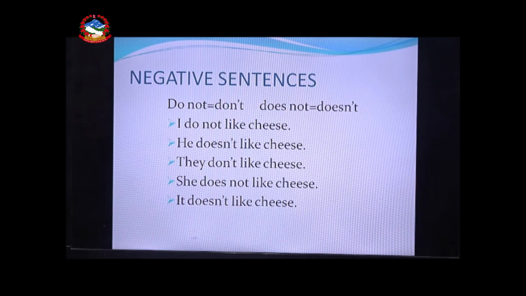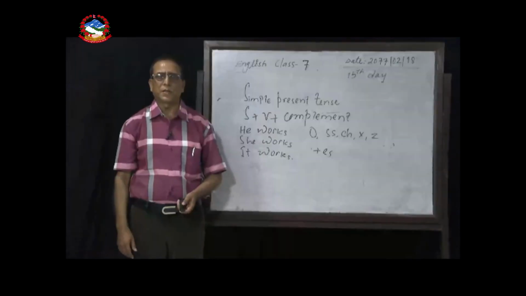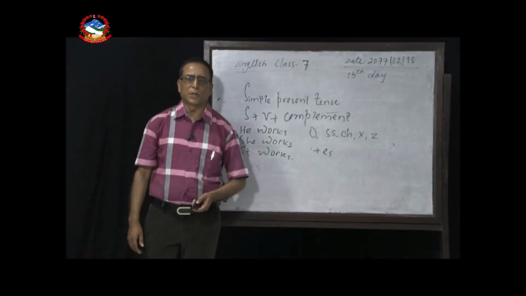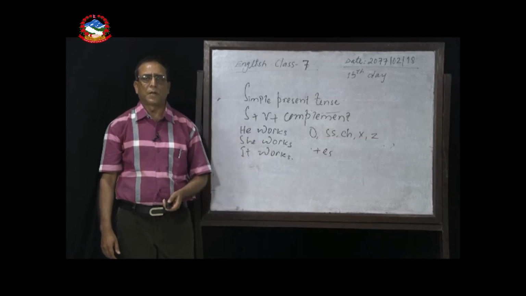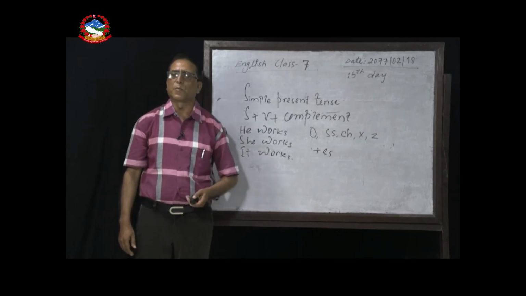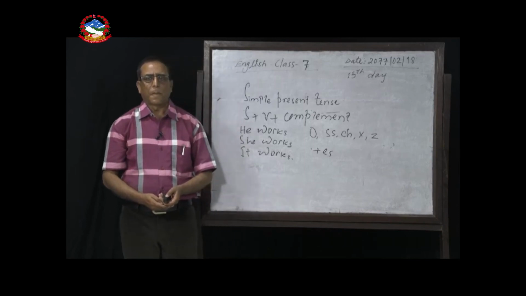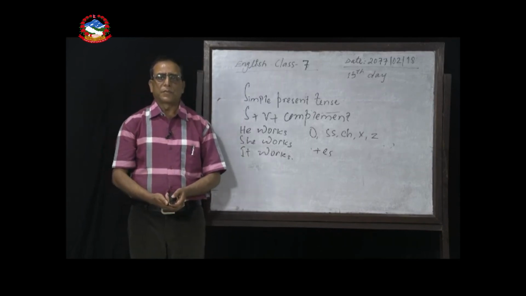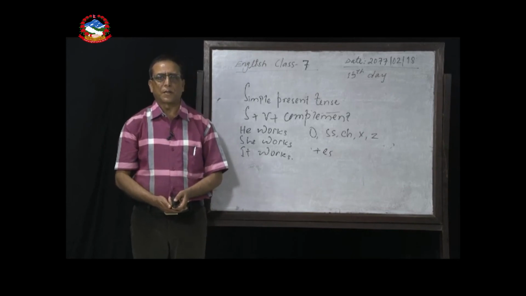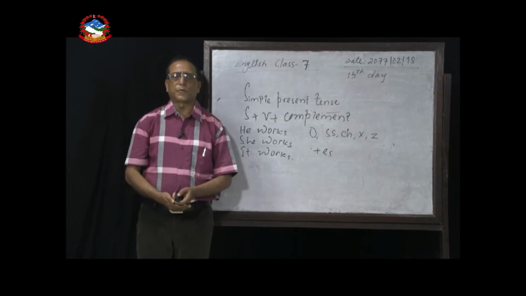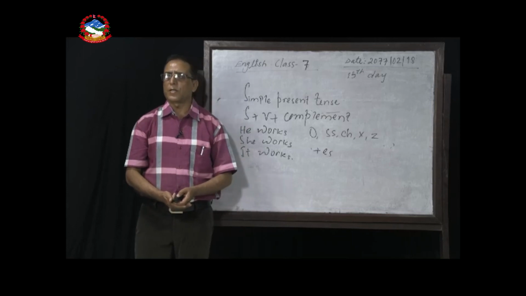These are the examples of negative sentences in simple present tense. Now, let's talk about the interrogative sentences in simple present tense. Okay. Interrogative sentences are formed by using do or does